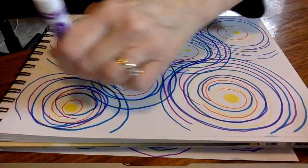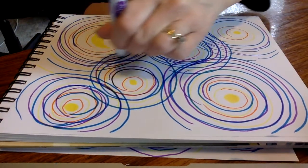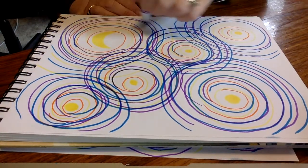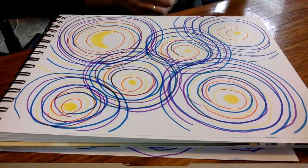Right down here. Wait, did I do this one? Do you remember if I did this one? I think I need to do this one too with purple. There we go. Okay, ooh, maybe a little bit more around my moon. Okay, now if